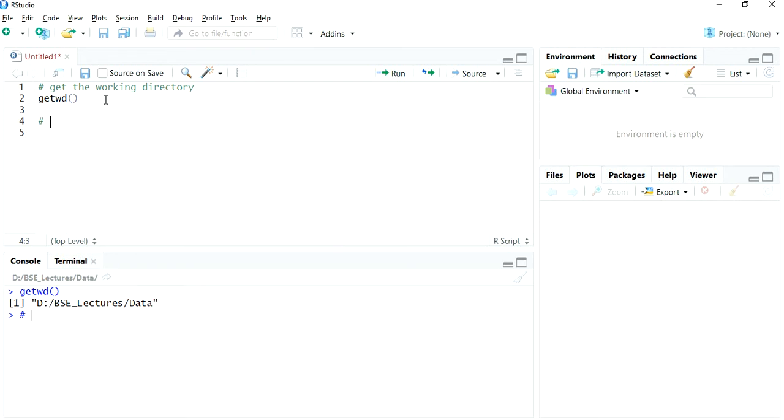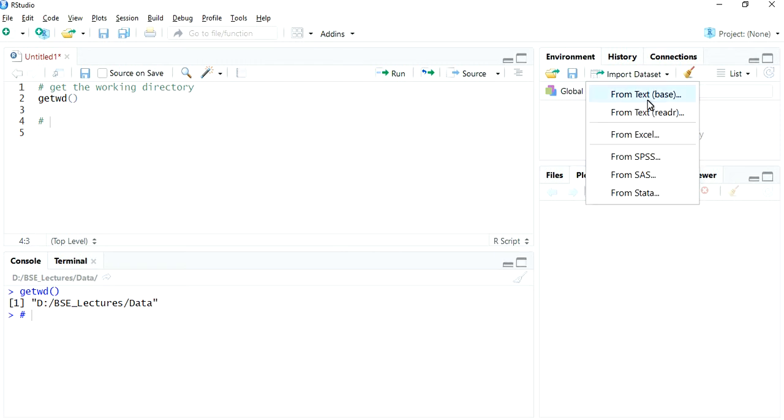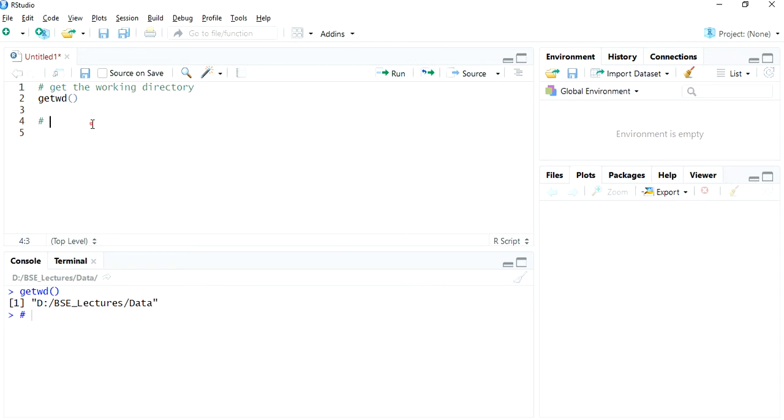To load the data, as we have seen in the previous videos, either you can use the import data set option or you can write code to import the data set. I'm going to write the code. The data frame will be called df, for understanding. df <- read.csv.